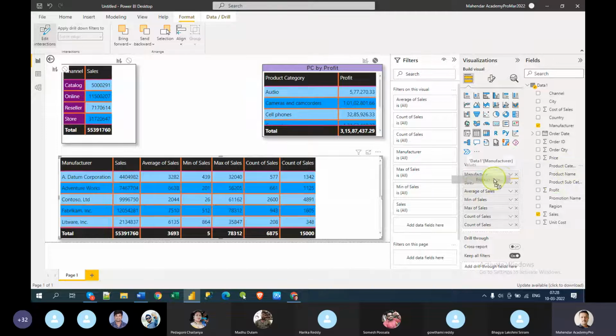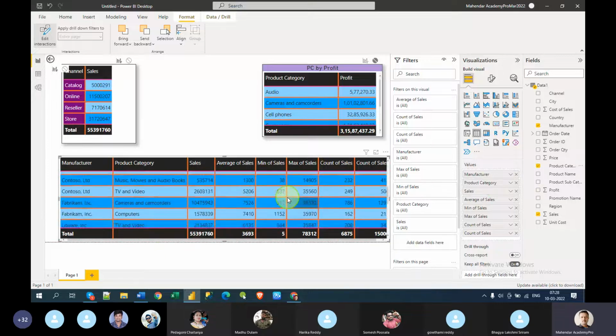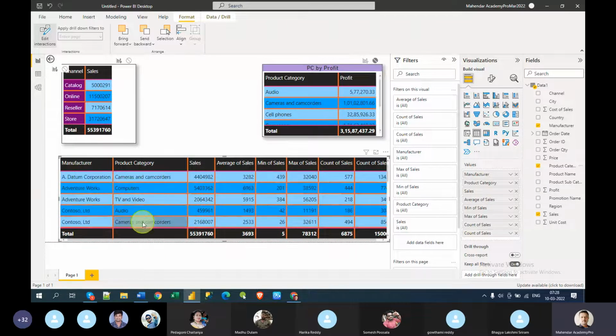Let me bring this product category here. That's also fine, but the table size will grow, right? So each manufacturer, how many product categories it has. So that's how you can see each product category level, manufacturer level sales, and everything. The beauty is the values will be automatically calculated behind the scenes, right? So that is the visual. So what we have learned with the table is very simple things: formatting, creation, implicit measures, and edit interaction. Four concepts that we have learned, right? Any questions so far?